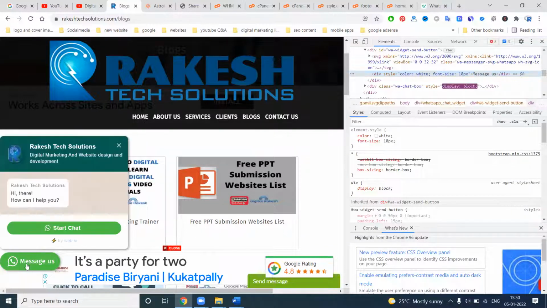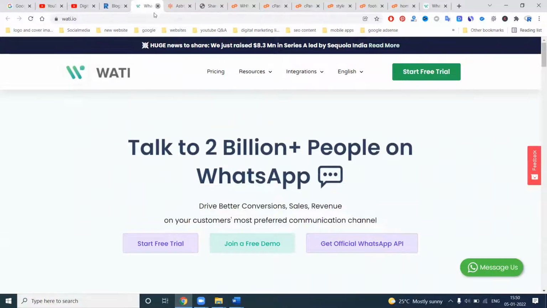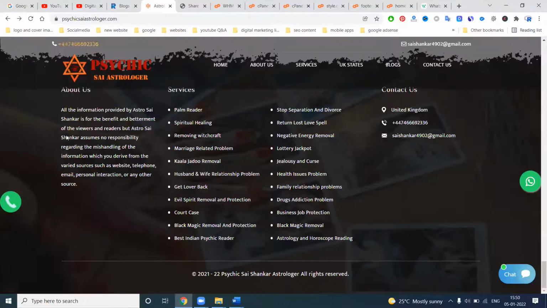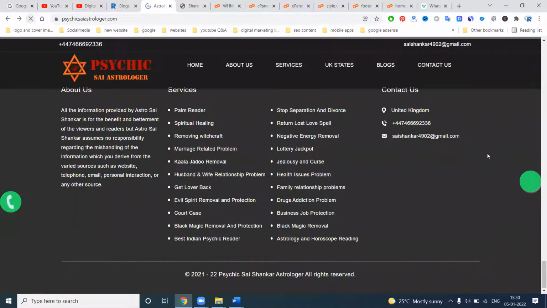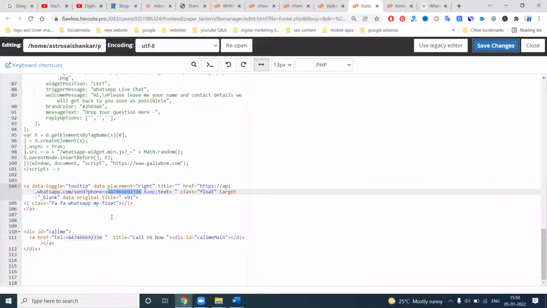So how do we know this? In my website, I'm asking for whaty.io. This website provides the WhatsApp chat, but they show the watermark. Without the watermark, I can create that feature. We can click here, and click on the particular option. There is no other option given that we can show to the customer in this particular feature. So here you can give anything in a particular option.